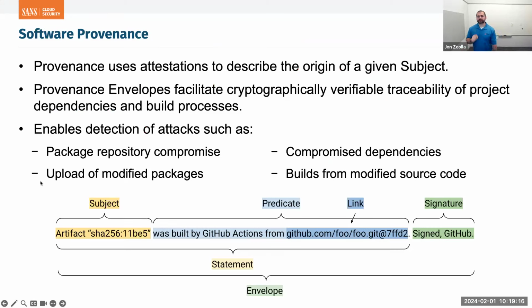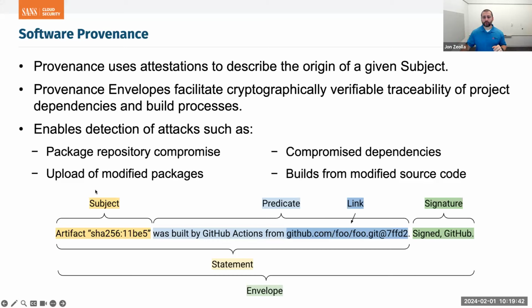So let's move on. Let's take a little bit deeper into provenance. Again, provenance is a special type of attestation, and it's for an artifact. It has a subject, and that subject points to an artifact. If you look at the bottom here, I've got a human readable version of provenance. This is not what it actually looks like in the real world, but the goal here is to help us understand it better before we go to the next slide and see it in a little bit more detail.